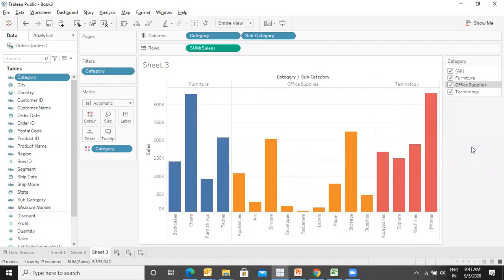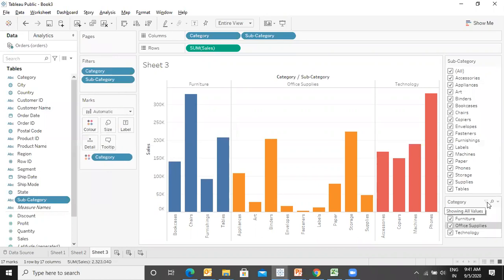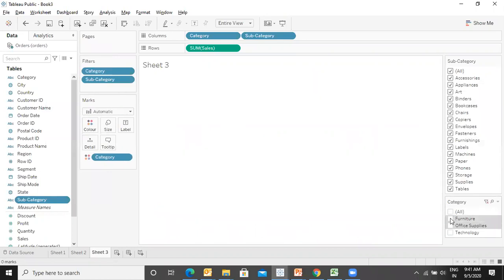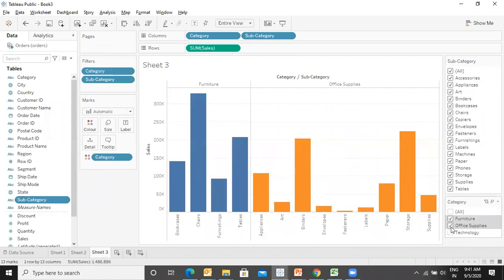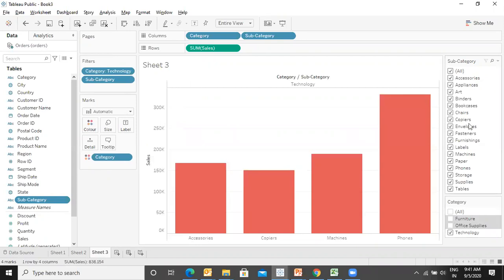So can we have multiple filters for the same graph? Yes. Let me put the multiple filters. Let us put the subcategory in the show filter. We have two dynamic filters now. I want to talk about furniture only. Okay, let's take technology.